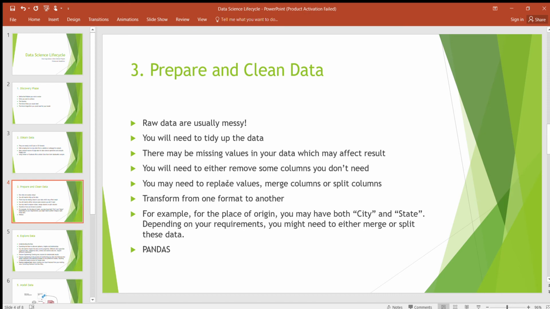In preparing and cleaning your data, you should note that data usually comes raw, and since it's raw, it's usually messy, right? Of course, processing data results in structured and organized information, right? So your raw data usually comes messy, so you need to tidy up the data. There will be lots of missing values, right? So you will need to fill in those values, because if you leave them missing, it's going to affect your